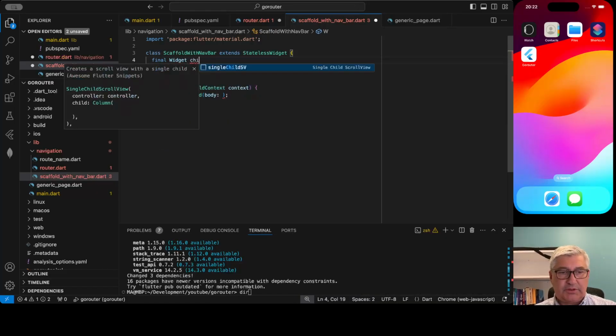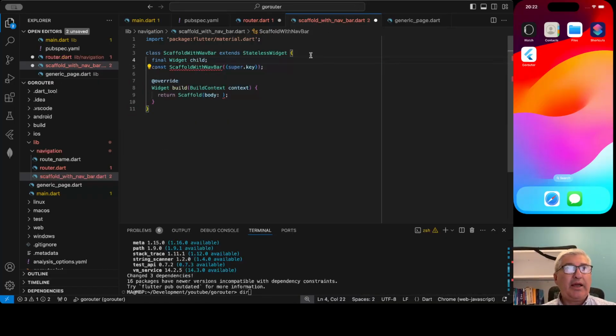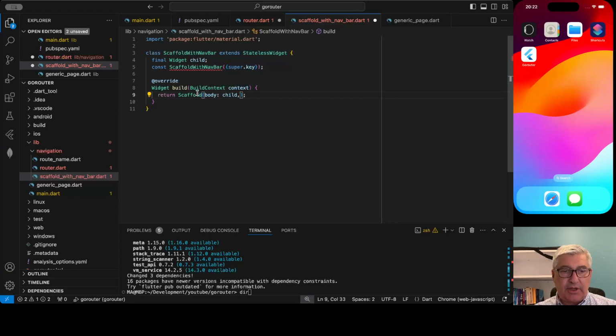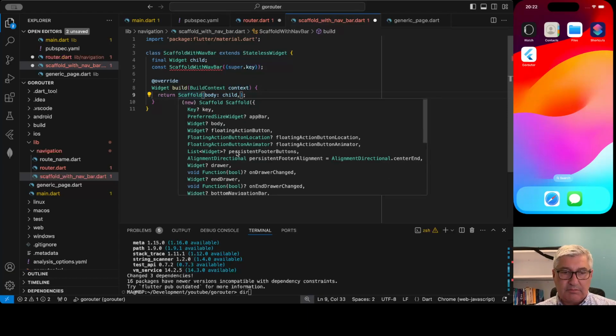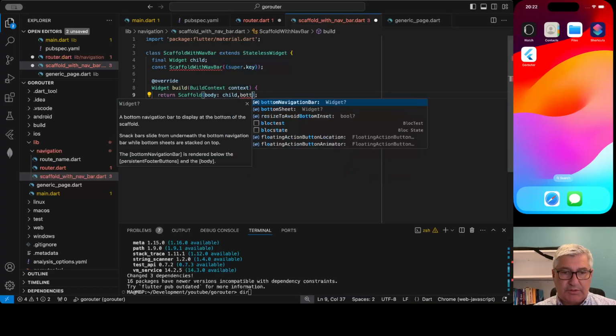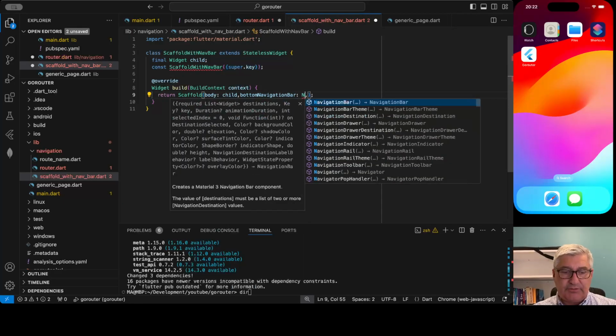Final widget child. So the body will be child, and it should have a bottom navigation bar widget. So we will put here a bottom navigation bar, and that widget is going to be